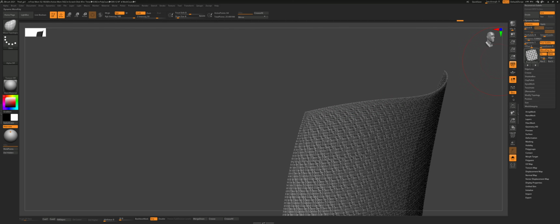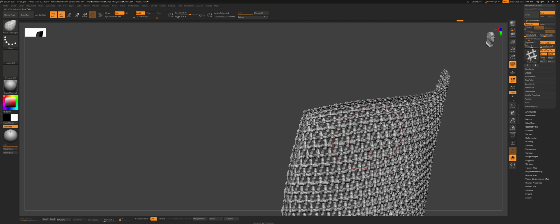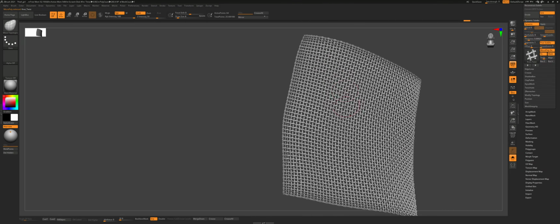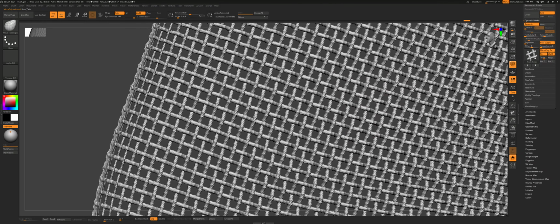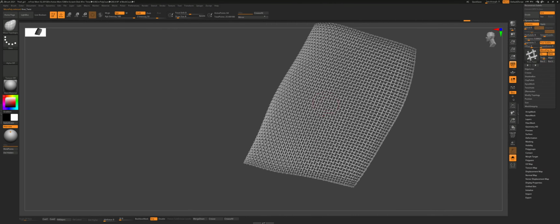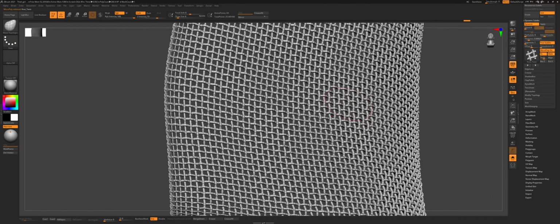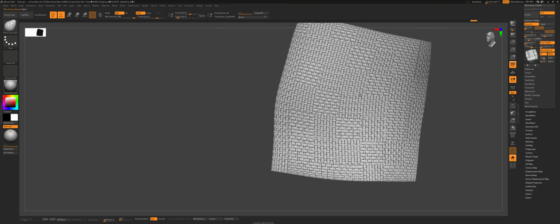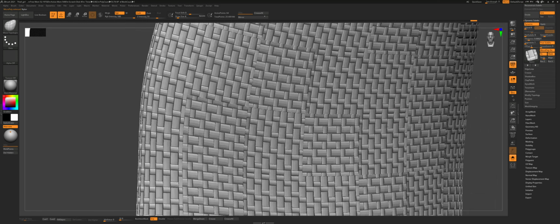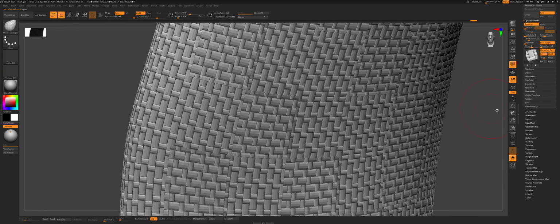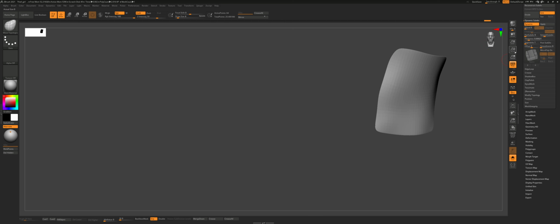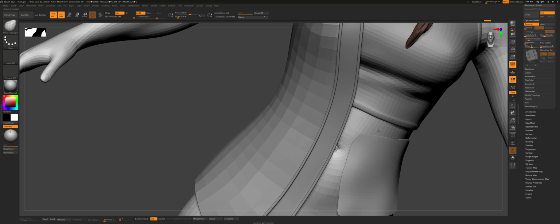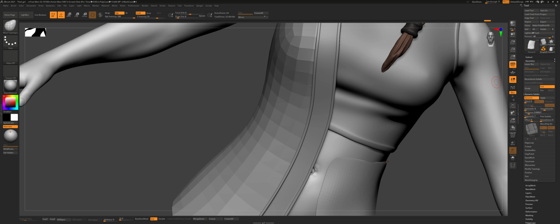If you don't want this detailing, you can change the detailing, something like this. See how it looks. This is how we use the micropoly detailing for our Zbrush clothing, for our Zbrush character. And I'm gonna go and turn off this one because I don't want that. I'm just gonna go to the,